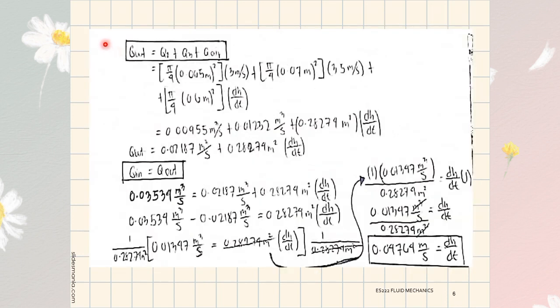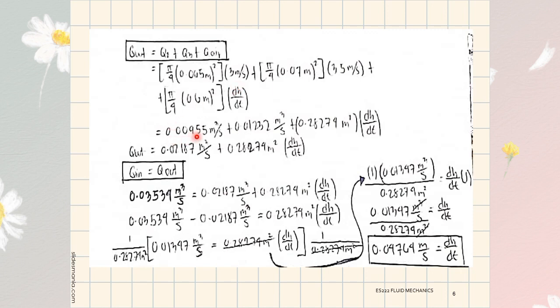After that, we are going to solve for Q out. Q out is equal to Q2 plus Q3 plus Q air. So pi over 4 times 0.065 meter raised to 2 times 3 meters per second, plus pi over 4 times 0.07 meter raised to 2 times 3.5 meters per second, plus pi over 4 times 0.6 meter raised to 2 times dH over dt. So we multiply pi over 4 times 0.065 raised to 2 times 3 meters per second, and the result is